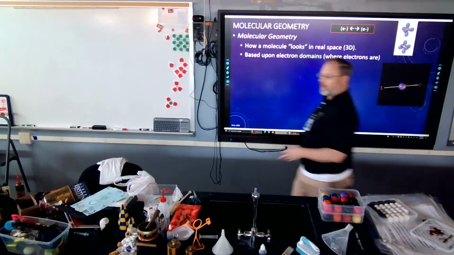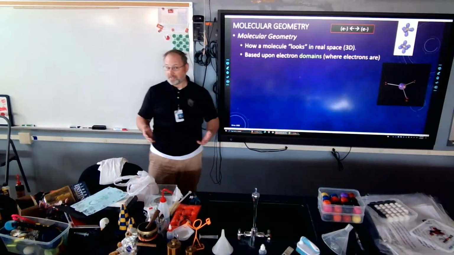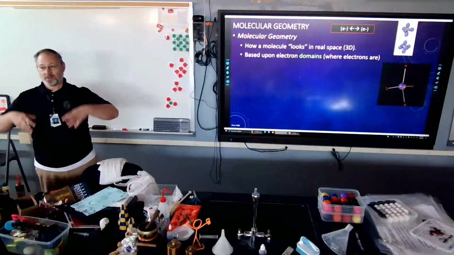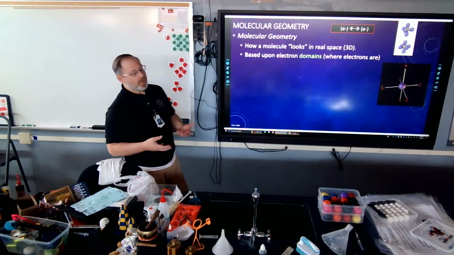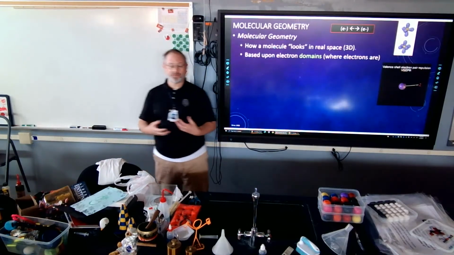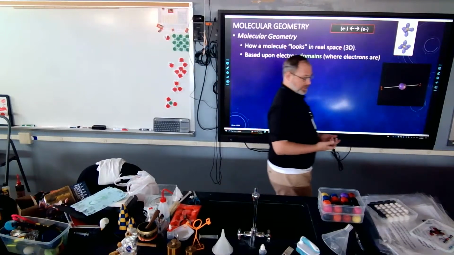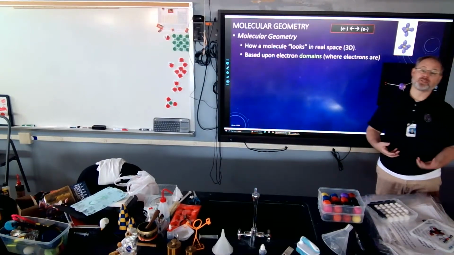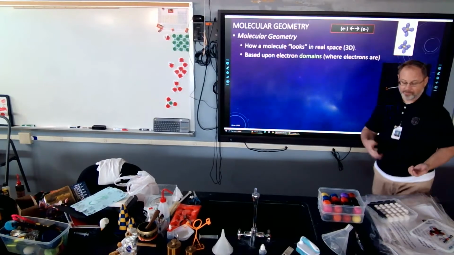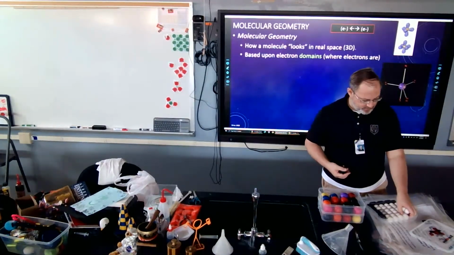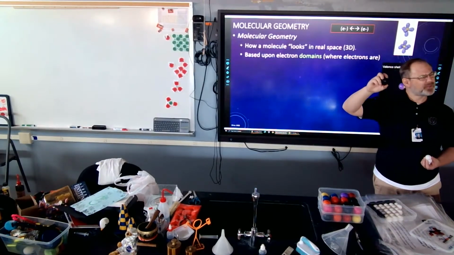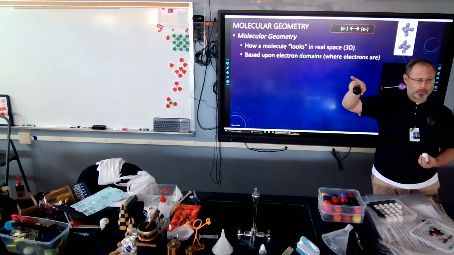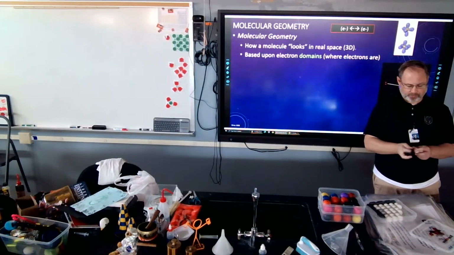Okay, and it's based upon this idea that, once again, electrons are negative and they're going to repel each other. So a bonding pair of electrons creates what's called a domain. And an unshared pair of electrons creates a domain. So if I make my molecule of methane, pretty much the simplest thing, it's just a single carbon. And how many valence electrons does carbon have? 4, because it's S2P2, so 4, it's in group 14. If I make a molecule of methane, which is